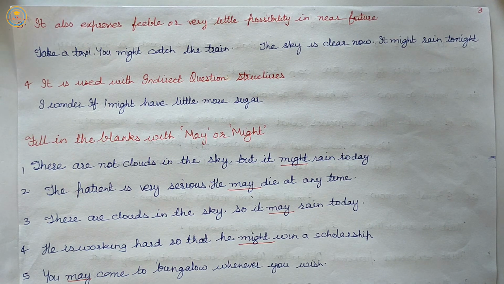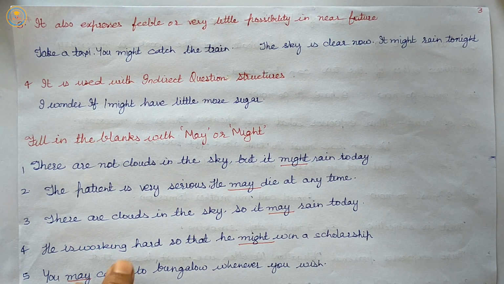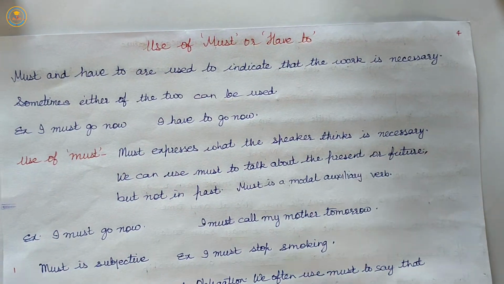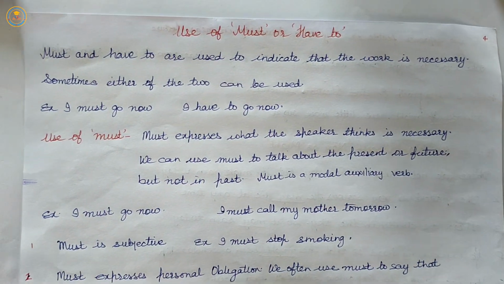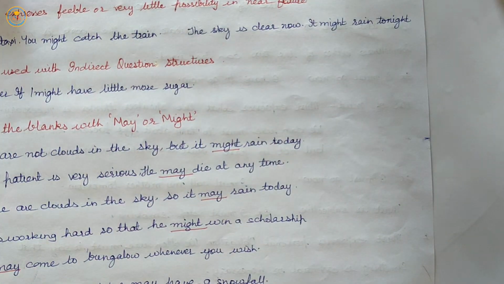First, we read that may is used to give or take permission formally. Second, to express possibility or probability. Next, to express wish. Next, to talk about